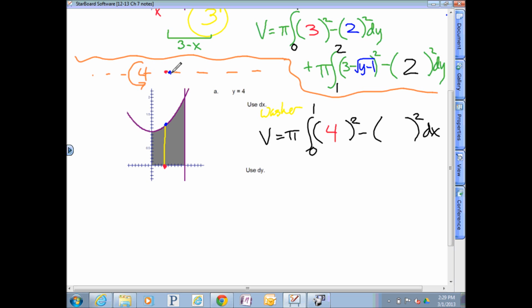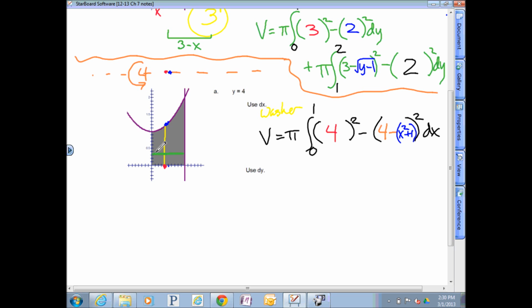So from this blue dot down to the axis would be the square root of x plus 1, or it would be x squared plus 1. From this blue dot up would be the difference between all of that orange 4 and my f of x, which would be x squared plus 1. Anytime you're revolving it away from the x-axis or the y-axis, you're going to have some sort of a difference involved there. And when we go to use dy's,